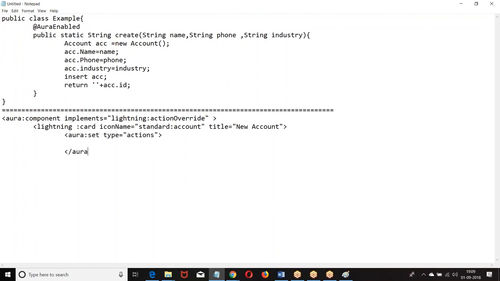Then define. Then within this I was supposed to give lightning button group. Then we are going to give label save.